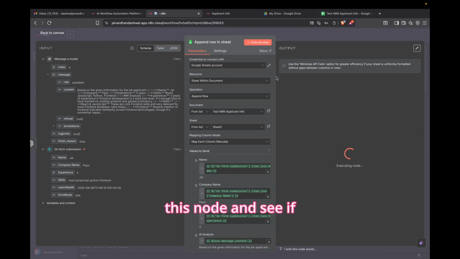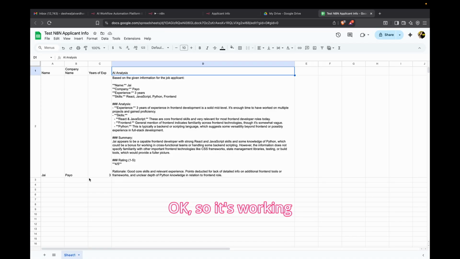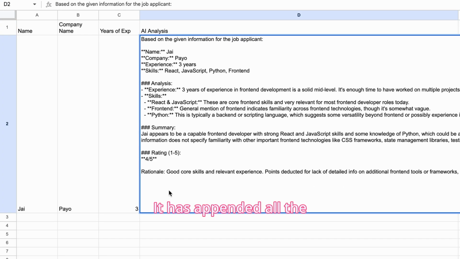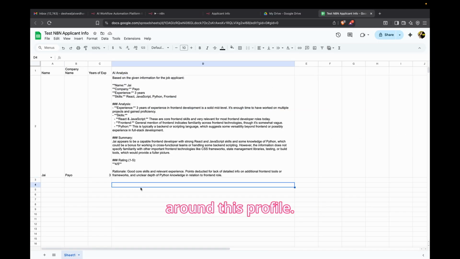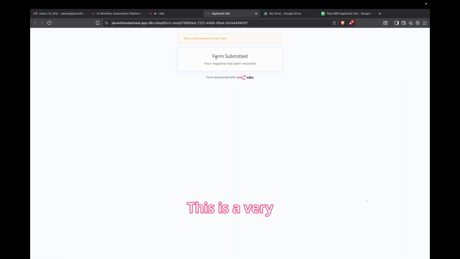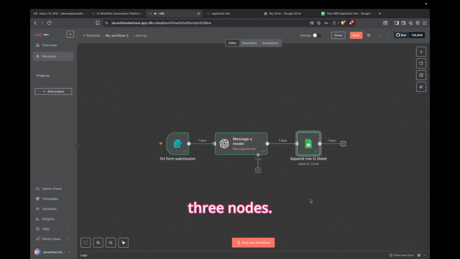Now you just execute this node and see if it's working or not. Okay, so it's working pretty good. It has appended all the information into our sheet and also given us a simple analysis around this profile. This is a very simple workflow, nothing complex, and it's just 3 nodes. You can do filter, parsing, lots of stuff. In the later videos I'll be explaining more complex workflows and automations, but for now you can get started with